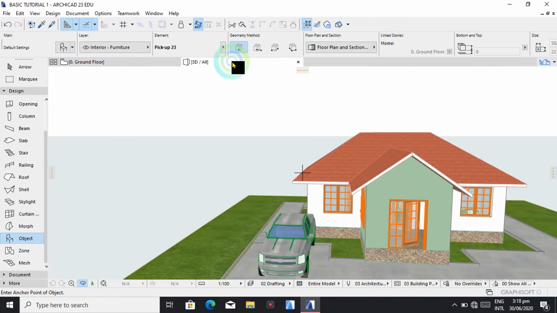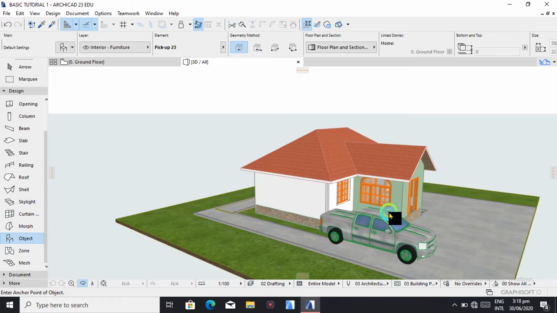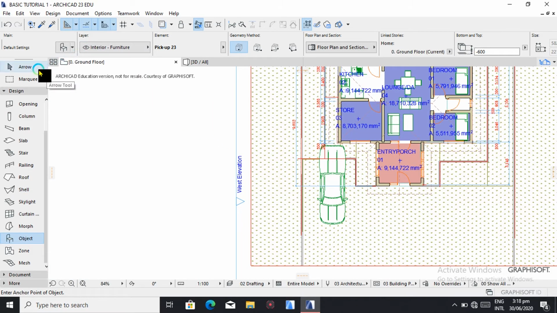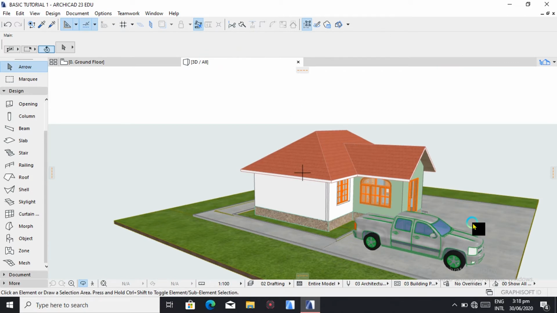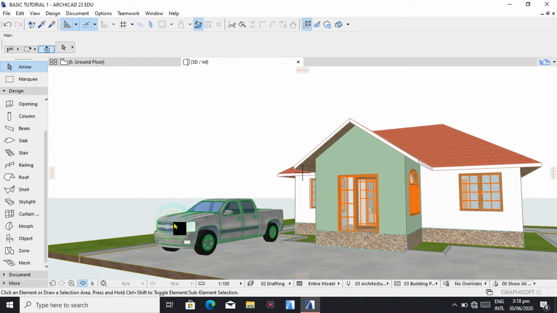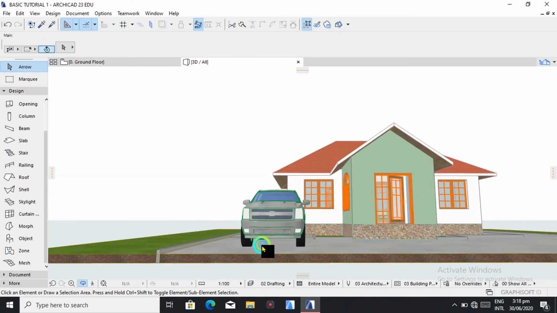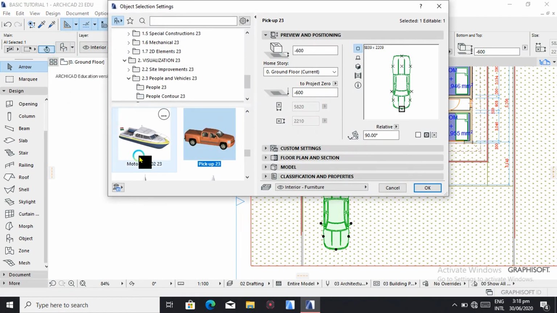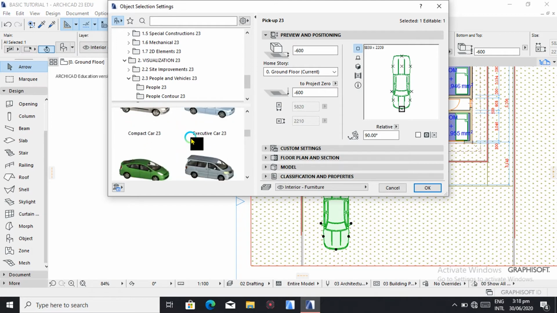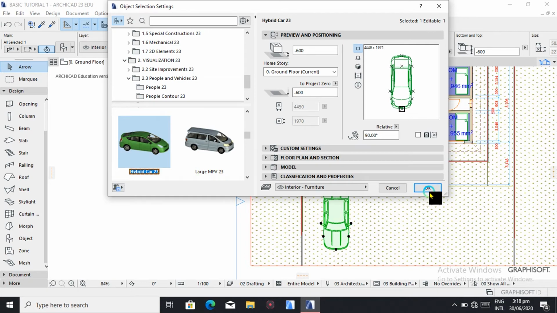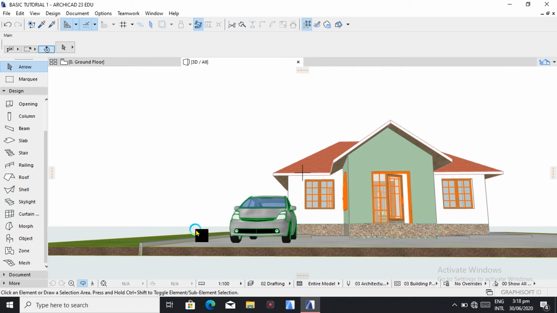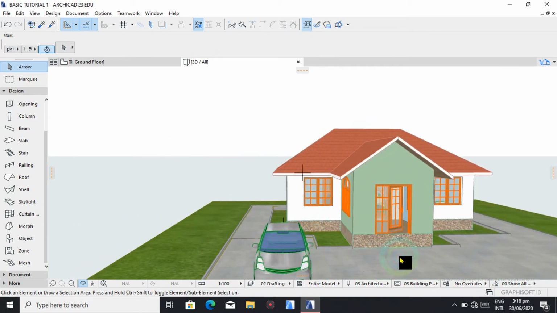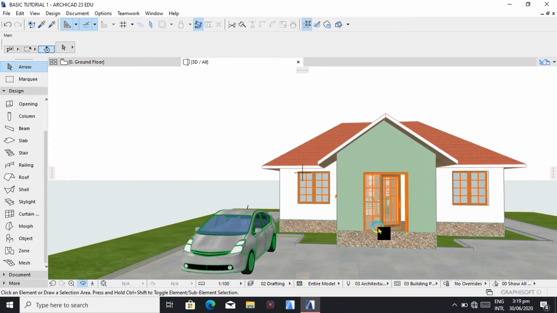So let's preview. So let's drag it. Let's preview. But I kind of feel that let's choose a saloon car. Let's choose another car. Let's choose this one, hybrid. Preview. Yeah, it's okay. So the last thing we're going to do on site plan, we're going to add staircase here